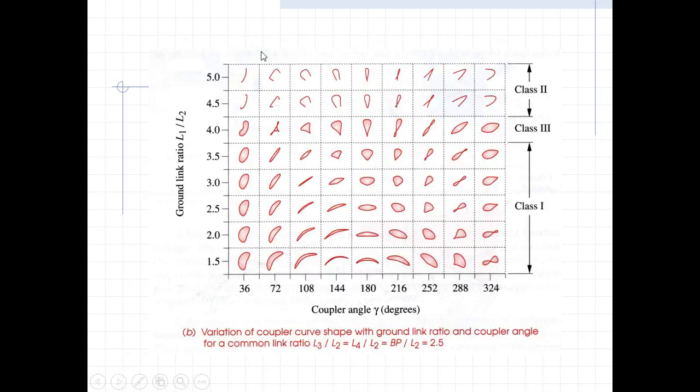And so right here we're seeing that we can pick out any type of curve that we want, and we'll immediately know how to generate it. We'll know how long to make our ground length, L1, and we'll know how long to make our other lengths and what to make our angle gamma, simply by choosing, in this case, our independent variable being our crank length, L2. Notice here that we can create class 3 mechanisms and class 2 mechanisms. Class 3 mechanisms are also Grashof, but they have change points twice per revolution. And class 2 mechanisms